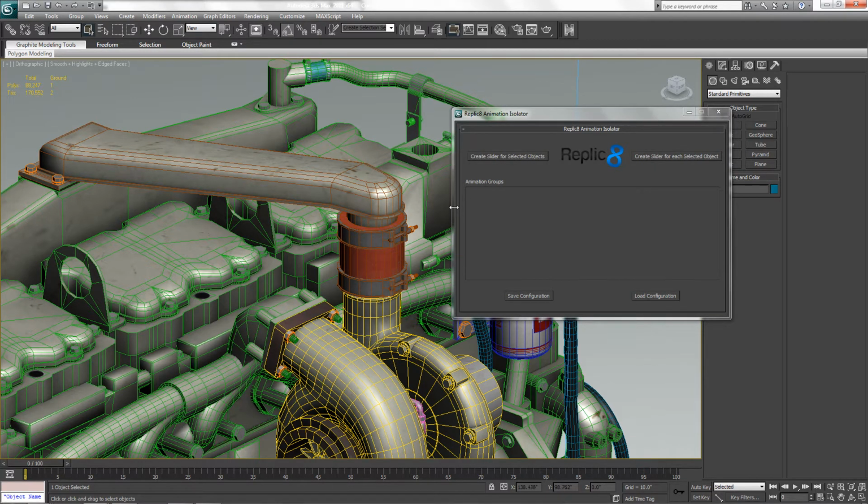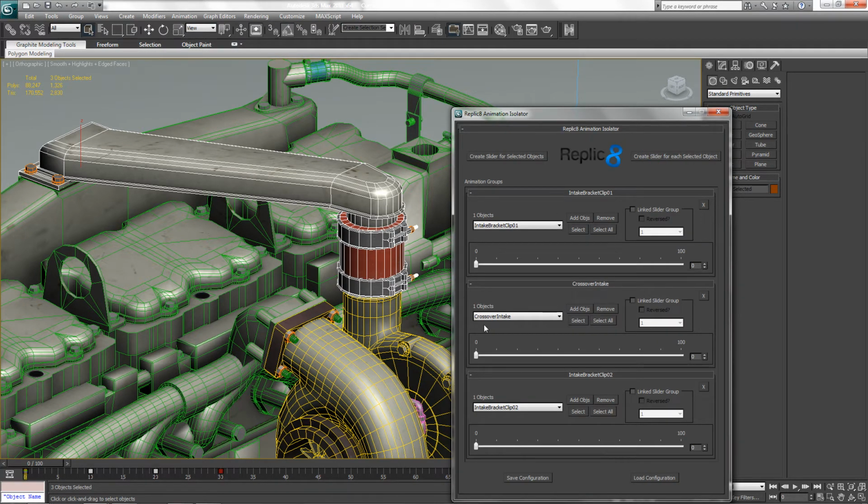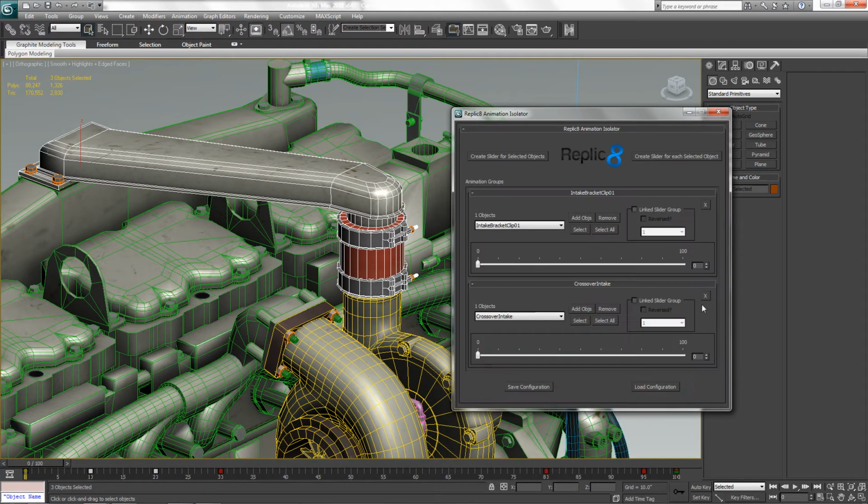So we'll go ahead and create a slider for our intake bracket clip here. And we're faced with two buttons here. You can either create a slider for selected objects, so that is a single slider for multiple selected objects, or you can create a slider for each selected object. So say I've got multiple objects, I can create a slider for each selected object, and I end up with 3 different sliders. But let's just concentrate on the first one for right now, so we'll go ahead and exit out of those